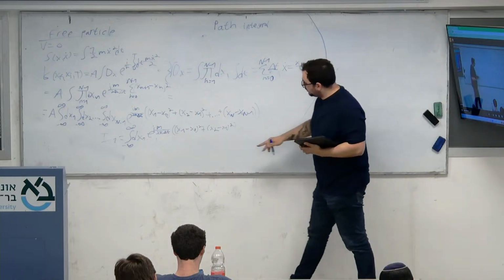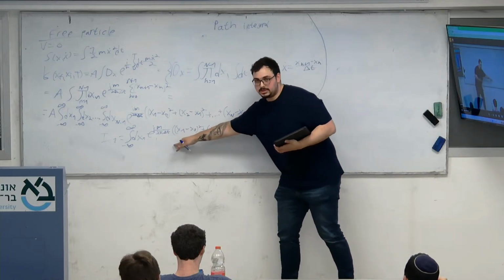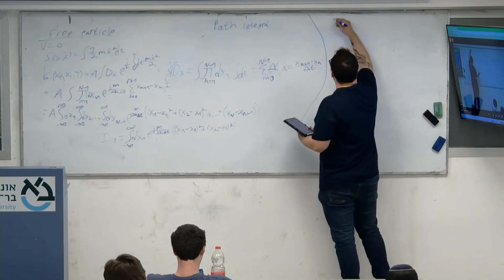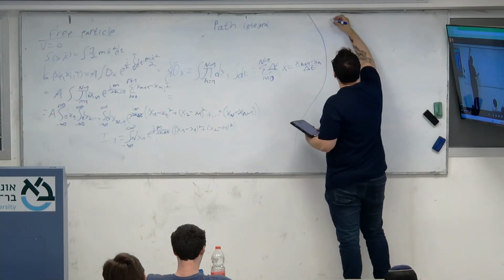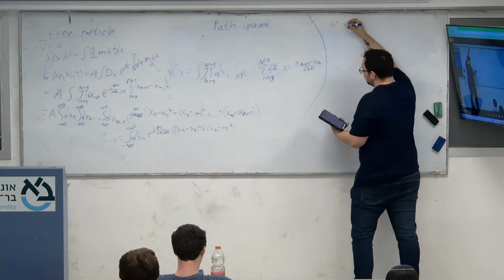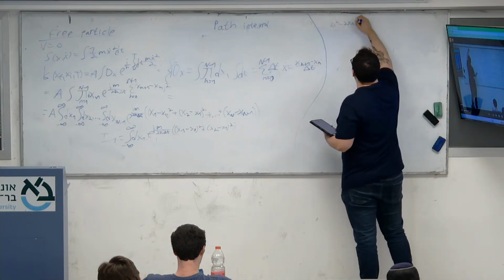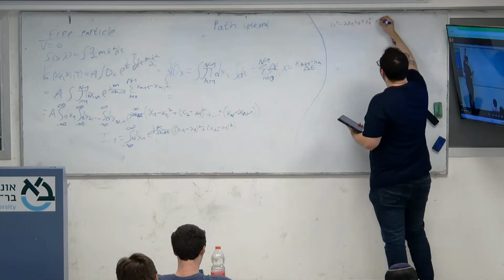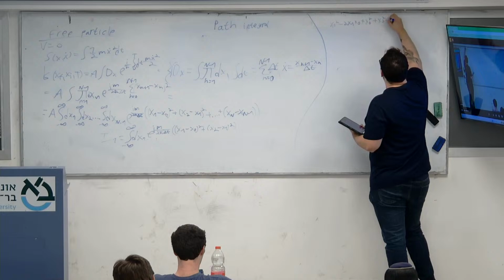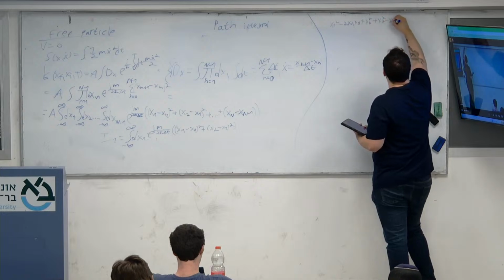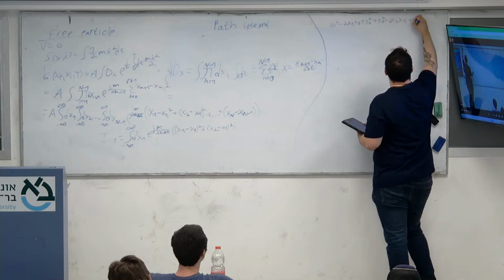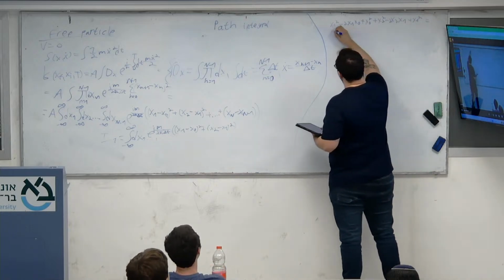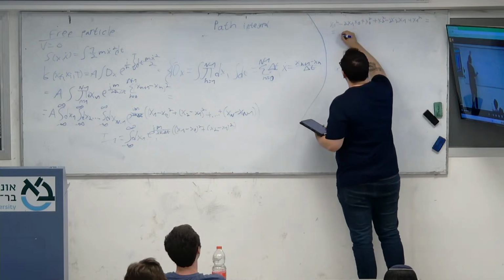I'm just going to focus on what's in the brackets, just to make it a bit clearer. After we open the squares, we have x1 squared minus 2 x1 x0 plus x0 squared plus x2 squared minus 2 x2 x1 plus x1 squared,